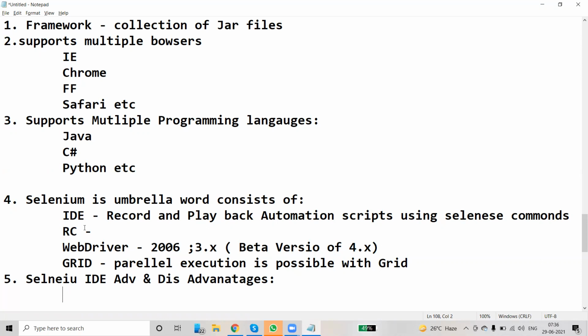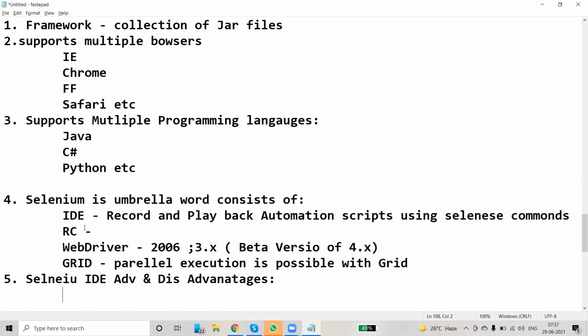Selenium RC runs only on browsers that support JavaScript; we cannot execute RC scripts on browsers that do not, though most browsers support JavaScript by default. Another difference is that WebDriver communicates directly with the browser, but Selenium RC does not.